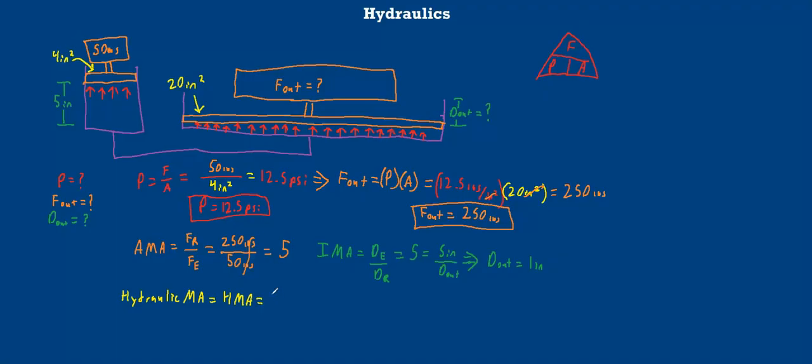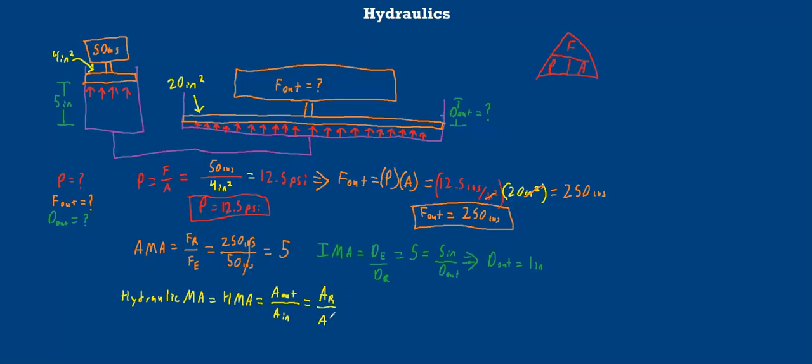Well, 20 is an area. It is our output area. So area out. And 4 inches squared is obviously on bottom to get us 5, and so that's our area input. Now, you might recall that when we were dealing with mechanical advantage, we deal with resistance and effort, not output and input, although they're kind of the same thing. But if you're super OCD like me, we can go ahead and rewrite this to say our area resistance divided